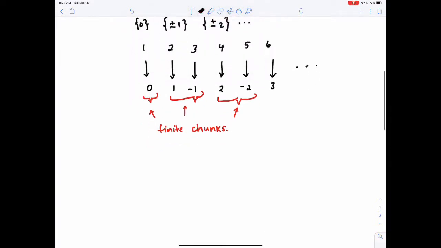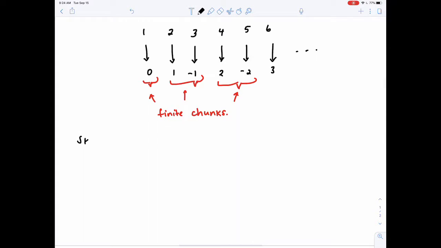So here's the sketch of the proof that Q is countable. So here's how we're going to make our chunks. The first set or first chunk I'm going to call A1, and that's going to consist only of the number 0. So far we're starting out very similar to the integers. The first chunk is just a set with 0 in it. Then,